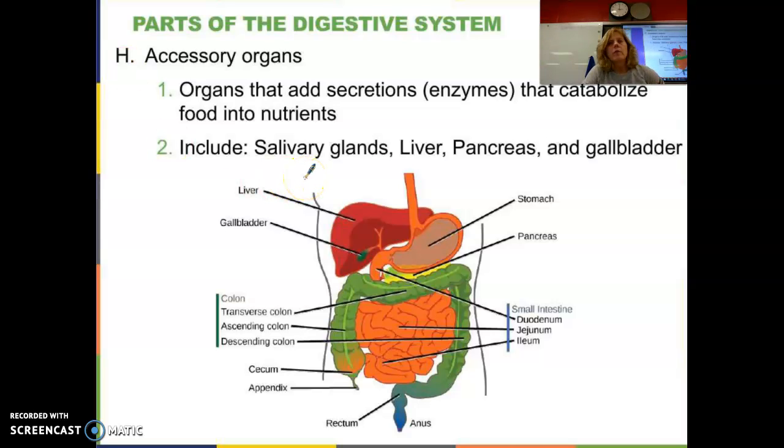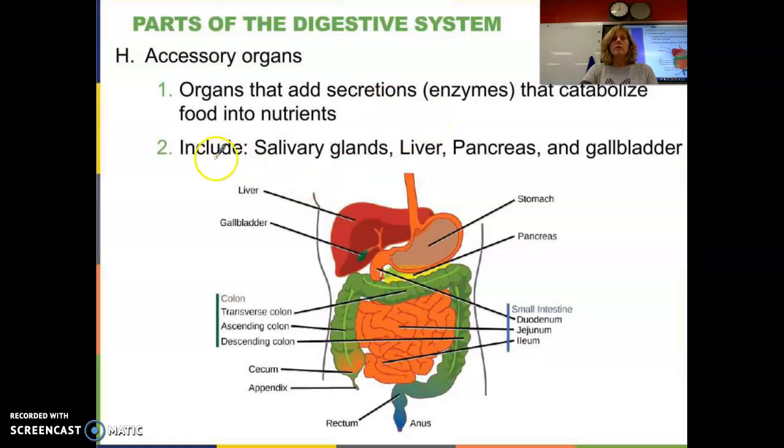All right, I'm just going to pick up right where we left off on the last video. I talked about the small intestines, the large intestines, and I mentioned these accessory organs, but I like this diagram because it shows that. Accessory organs when we talk about digestion are organs that don't directly come into contact with food, but they're really important because maybe they make some enzymes or other molecules that might be important in digestion. And so organs that add